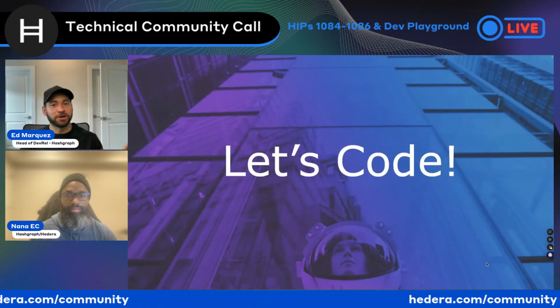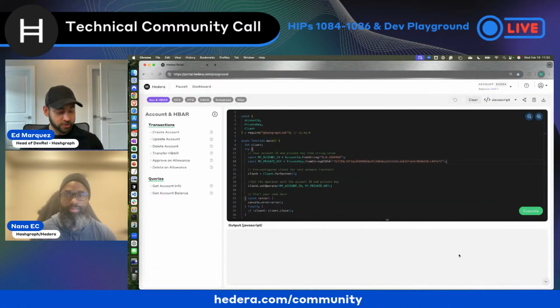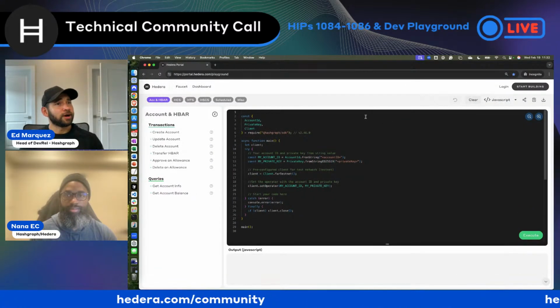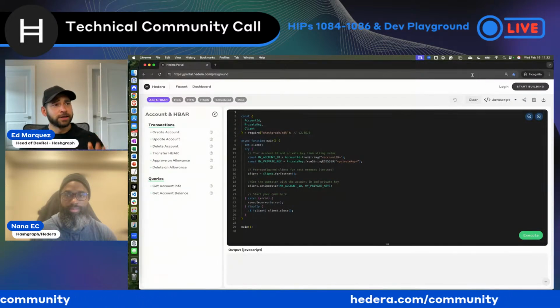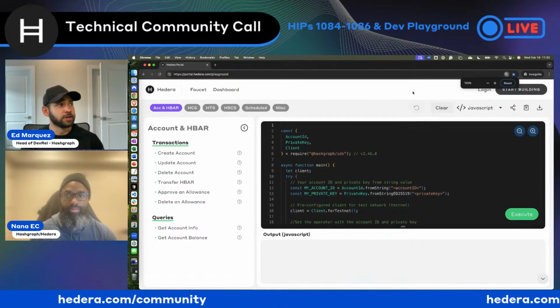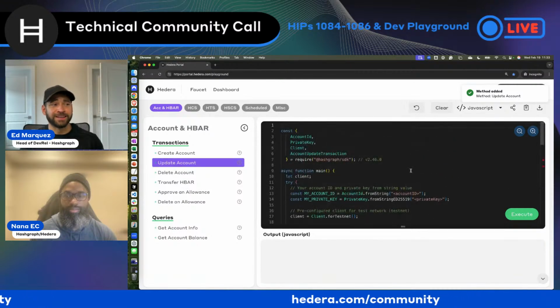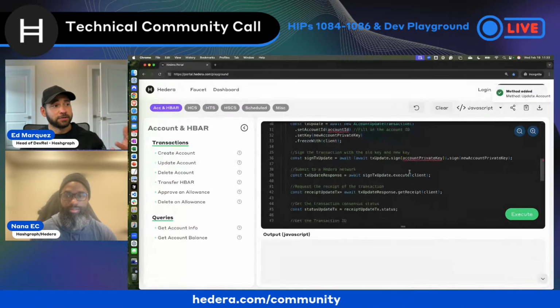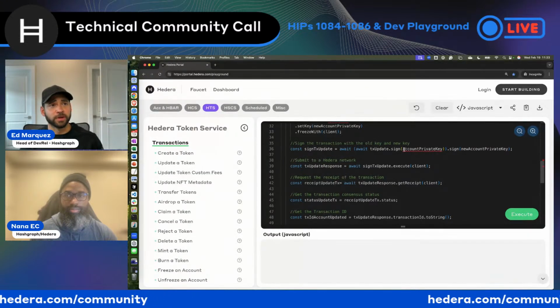So with that little bit of context in mind, let's just go ahead and start coding on the Hedera Developer Playground. So I want to start in this view of the playground. Right now, this is what everybody would see. Even if you're not a logged in or registered user, anyone can come here to this interface. And you can start basically adding code in this front end so you can see and understand the different functions and methods that you have available to work with.